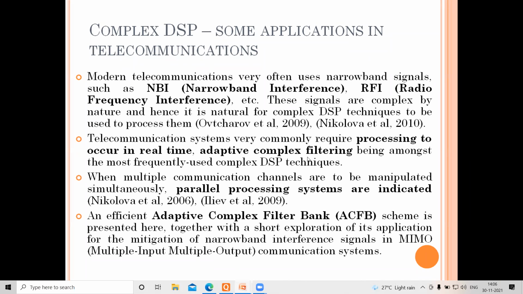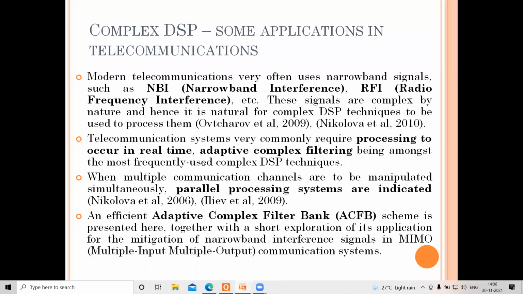Then, for telecommunication, remember that most of your telecommunication services or systems require processing of information in real time. As you all are aware, processing has to be done in real time. What do I mean by real time? The instant I'm talking, the instant I'm able to address you, you are able to hear it. Take mobile: if your signal is being delayed by a certain time, then it's a problem. You cannot have a conversation. Therefore, processing in real time.